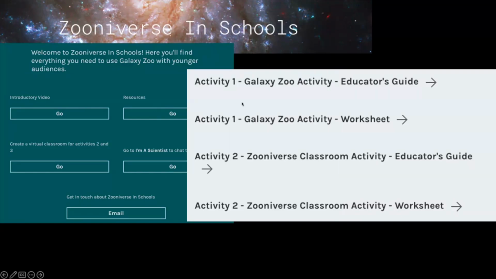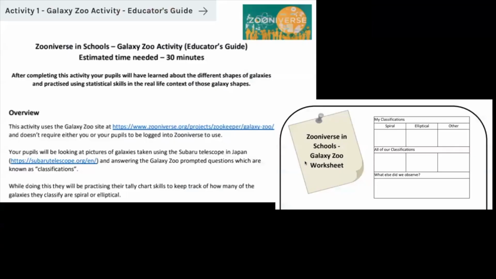And then under resources, there's two different activities that are actually Galaxy Zoo based. One of them says it's the Galaxy Zoo activity, and the other one is the Zooniverse classroom activity. But if you go to it, it's mostly Galaxy Zoo. Starting with the Galaxy Zoo activity, this has an educator guide, which estimates that this is about 30 minutes in